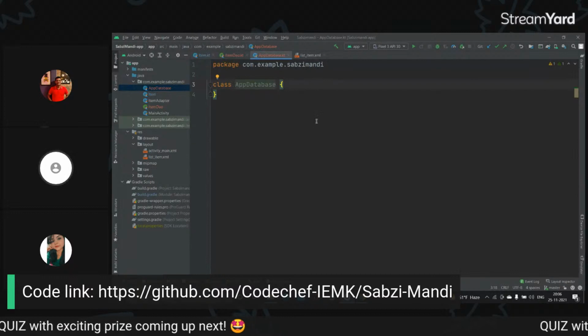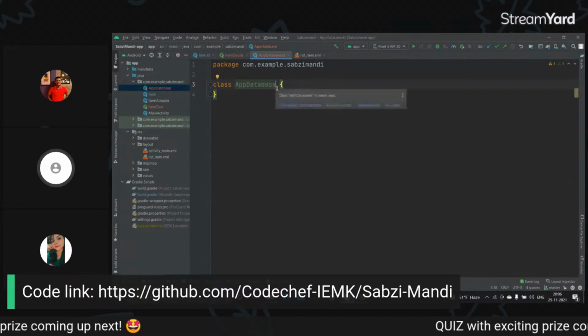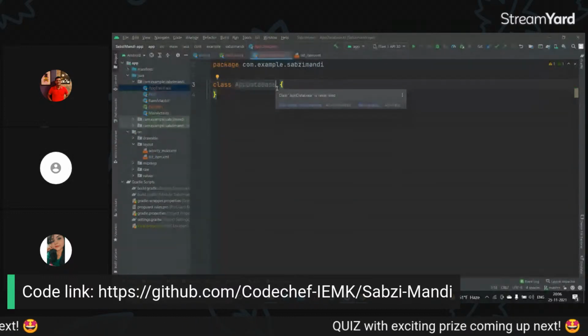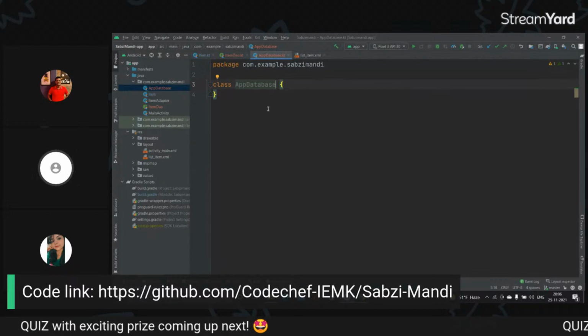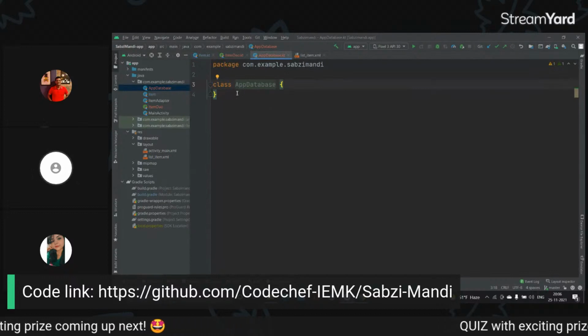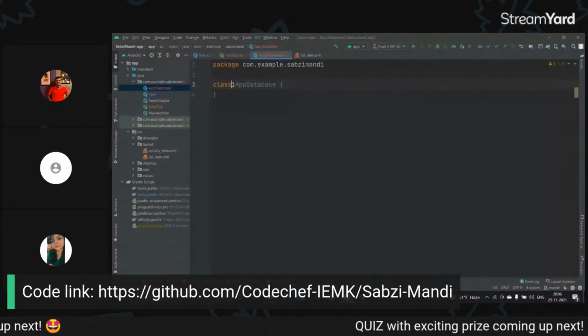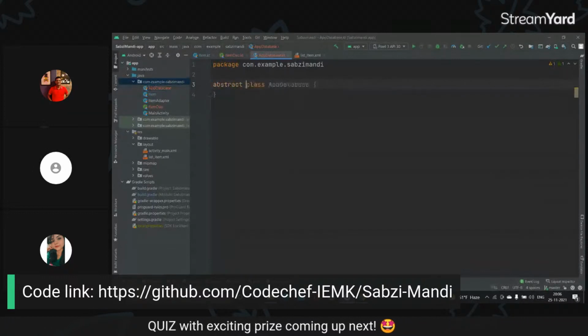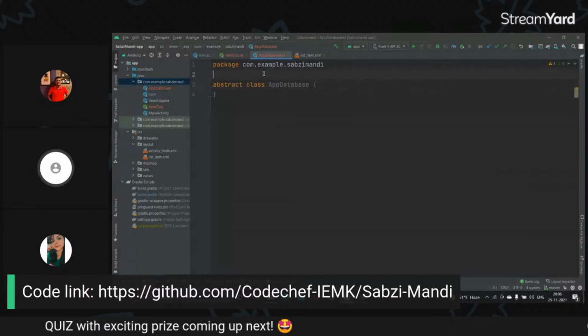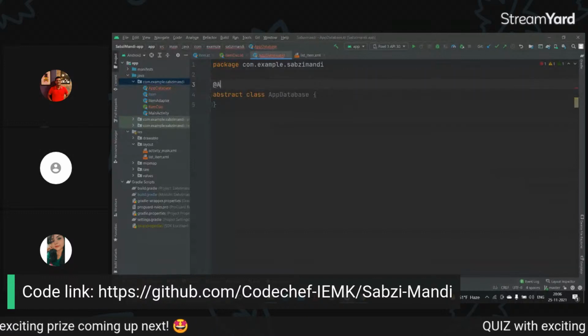So this app database should be an abstract class, because we don't want to access this app database from any class except the repository. So I'm making this an abstract class. Okay, so now I'll have to annotate it with